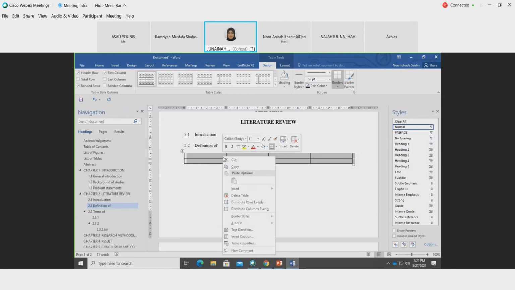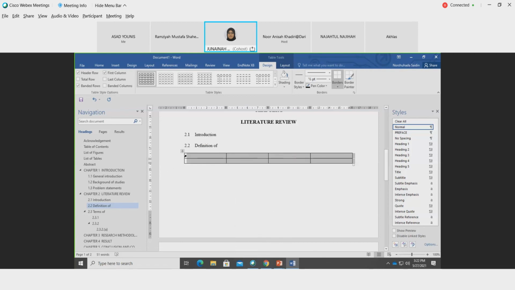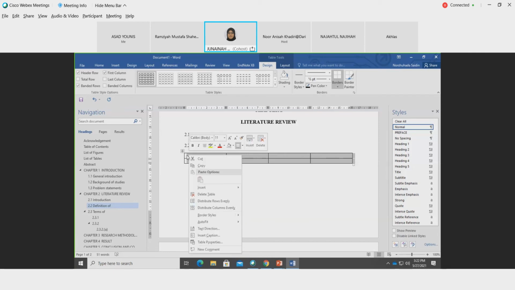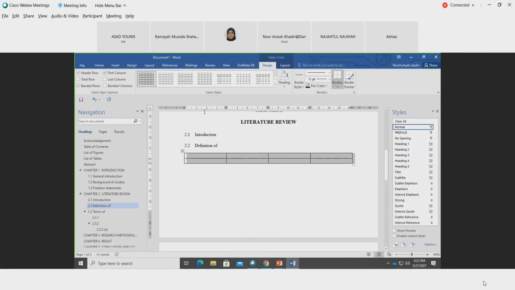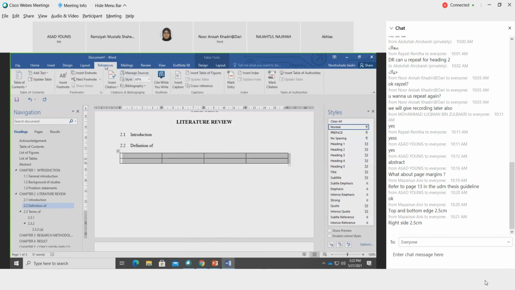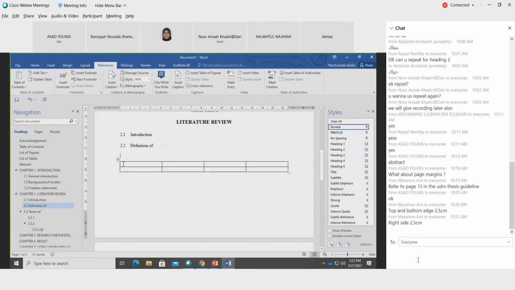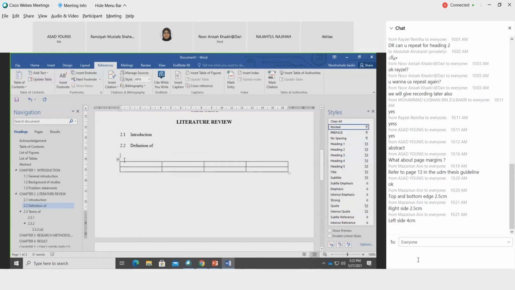You can either right click. So you put the cursor on top of the table,